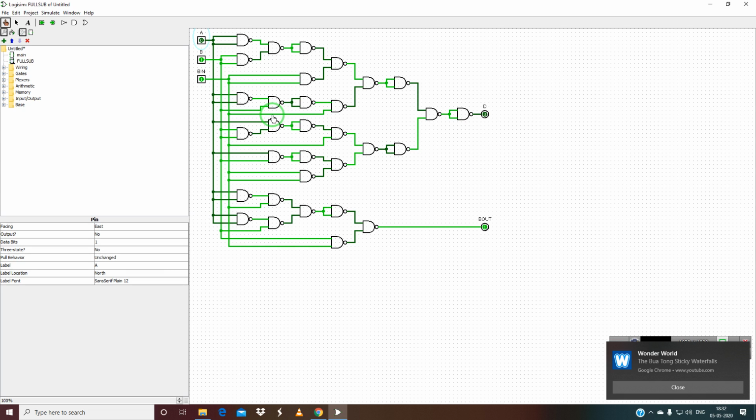So let's build. So this is supposed to be A naught, B naught, and this thing outputs. Okay, so we can build this. So A1, B1, code conversion, BCD converter.